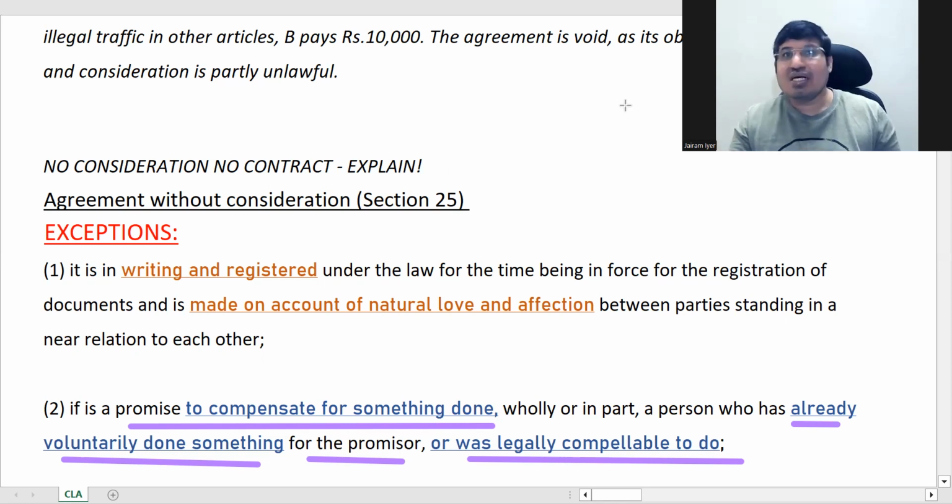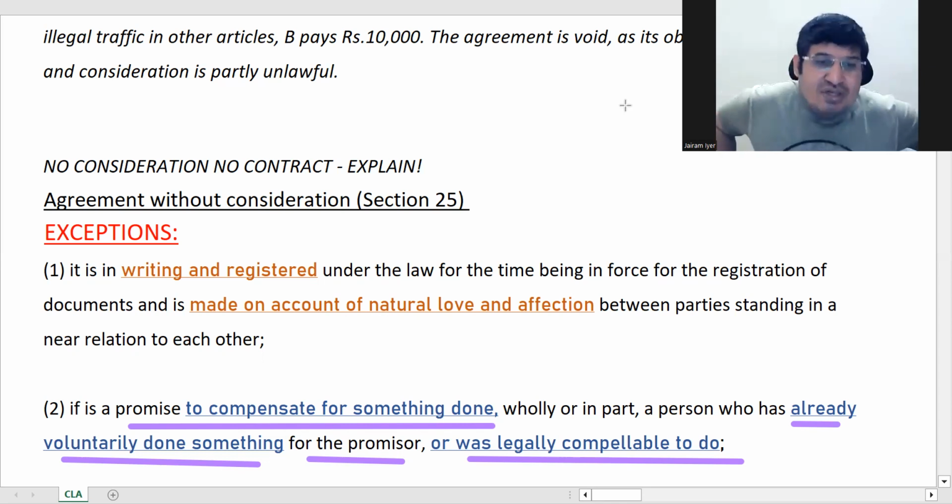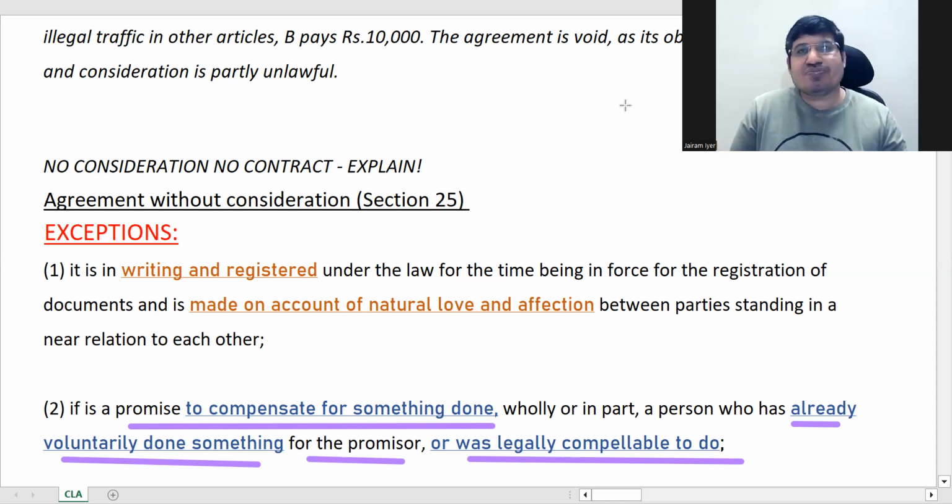There is no consideration, but consideration was in the past. You're getting it? Consideration was there in the past, but right now there is no document or something to prove that consideration, correct? It is appearing as if you are yourself unilaterally giving something. It will appear like that. But in this case it will be treated as a contract. You just have to prove that something was done, and then you are ready to compensate something.